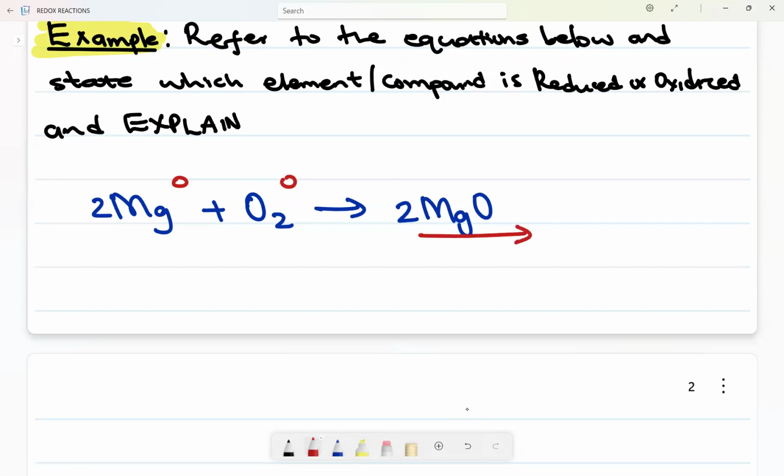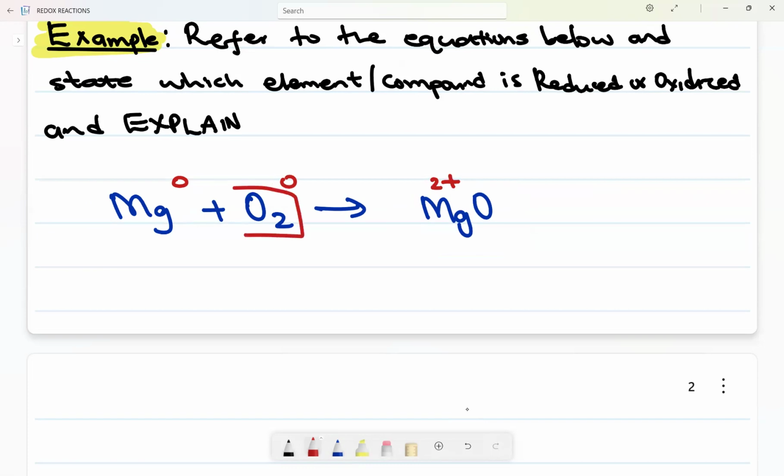But now, MgO, the whole compound is pure, but Mg is no longer pure. Mg is found in group 2, so it has an oxidation number of 2 plus, and oxygen